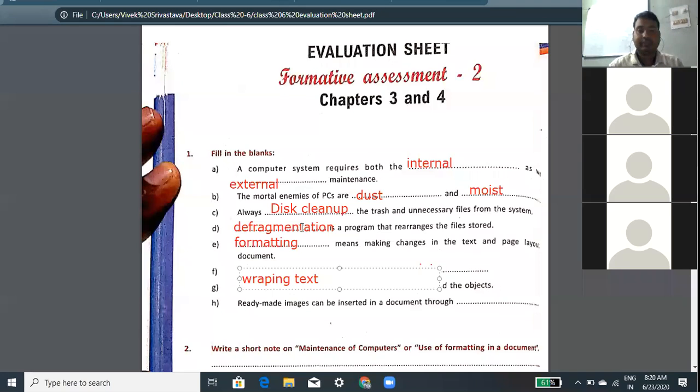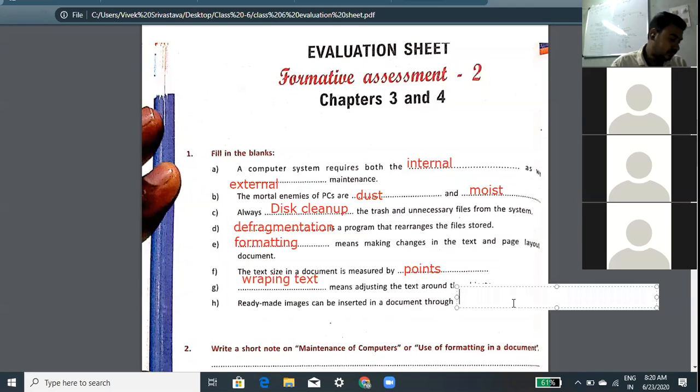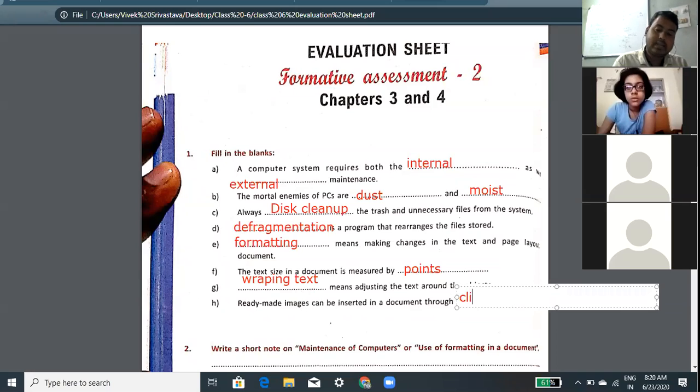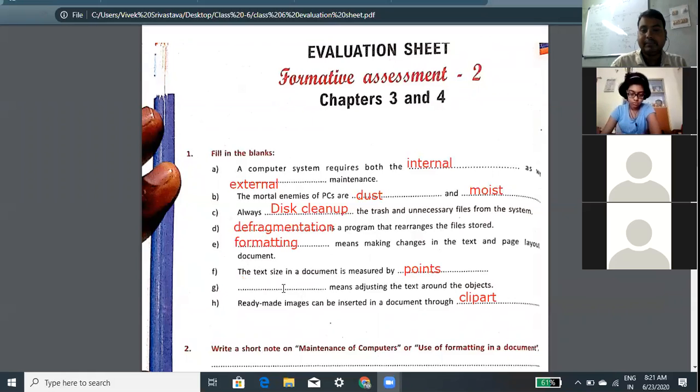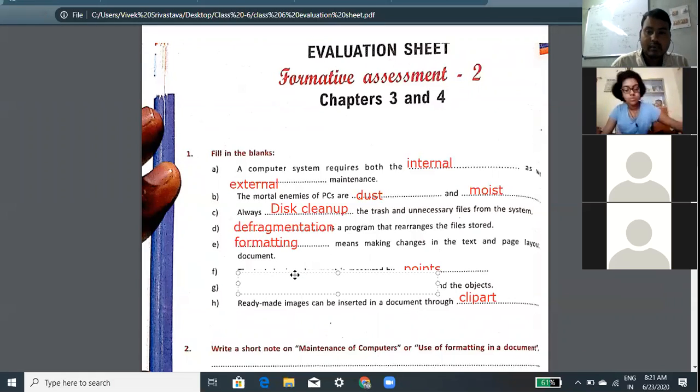Now, a ready-made image can be inserted in a document through clip art. Yes, clip art.